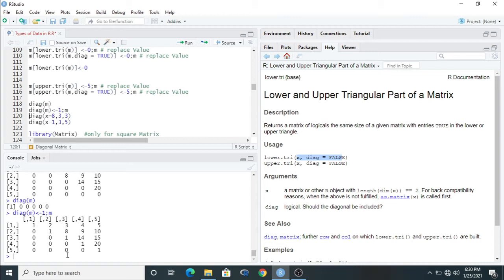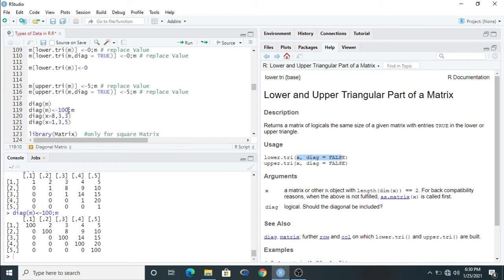Just run and it will show the diagonal elements are changed to 1. Just we can put here any other thing. You can put the diagonal element as 100. So diagonal of m indicates the diagonal values. Then if we want to replace the diagonal values with another item, then we can put here 100 or whatever, and it will change the diagonal values of m.